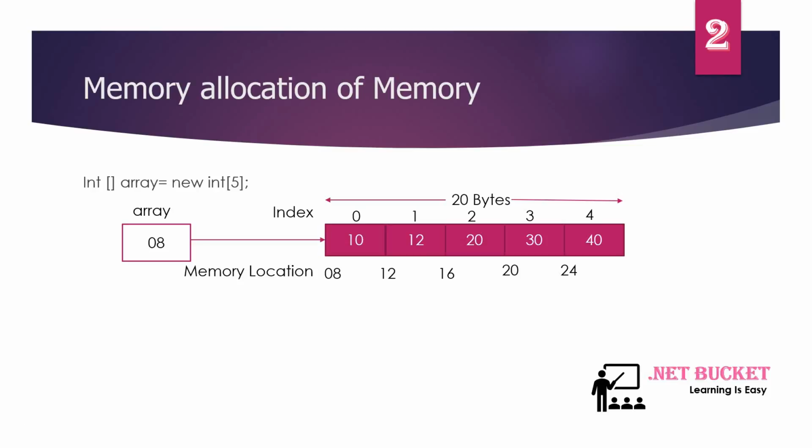Whenever you give an index, it will take the base address of your array, then take the index, multiply it with the number of bytes, and simply add it to the base address, and it will get the value. Just keep in mind that an array will always be in a continuous memory location, due to which this logic is applied: take the base address, take the index number, multiply it with the number of bytes each value takes to store, add it to the base address, and you will get the memory address of that particular value.